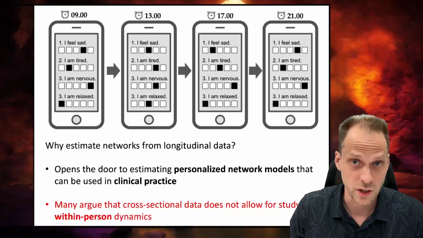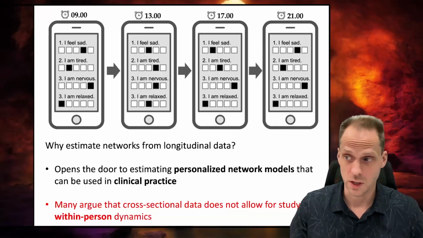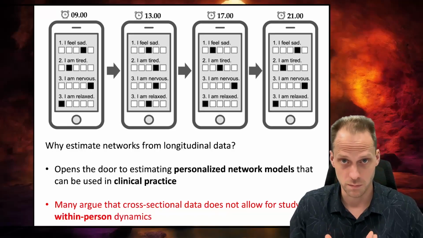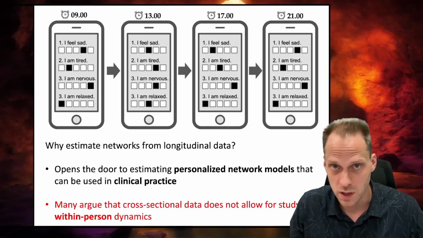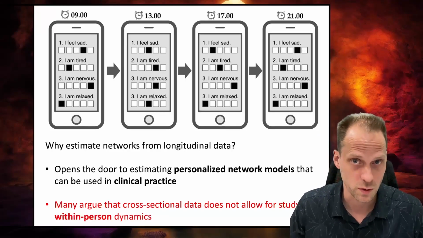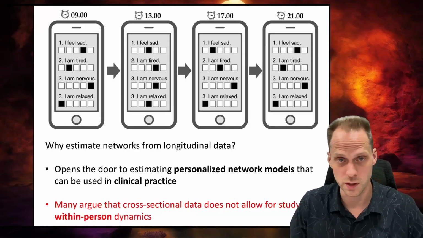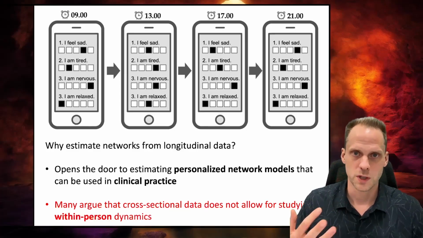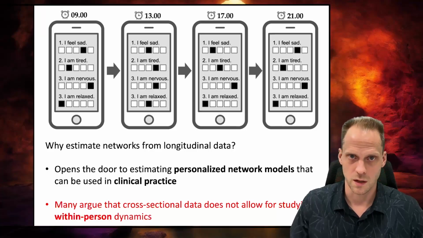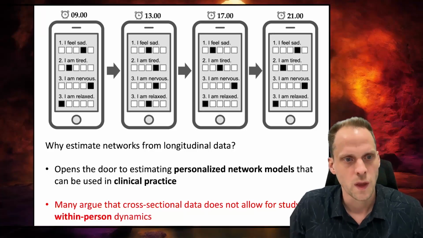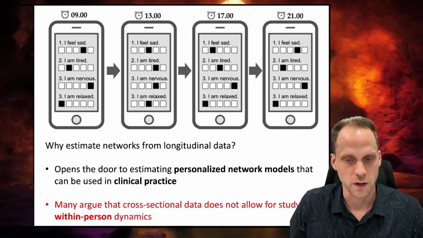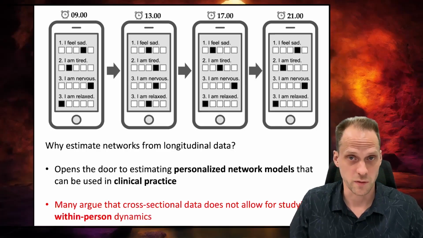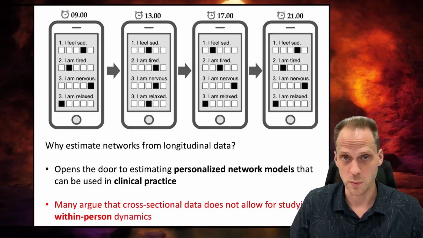So in the previous video, I talked about how studying more people might be a nice solution to uncovering more reliably what's happening within person, or at least within the average person. Maybe we can use it as prior information in clinical practice, or simply to study psychopathology in more detail. In this video, I'll talk about what this looks like to estimate a network model from datasets with multiple people.